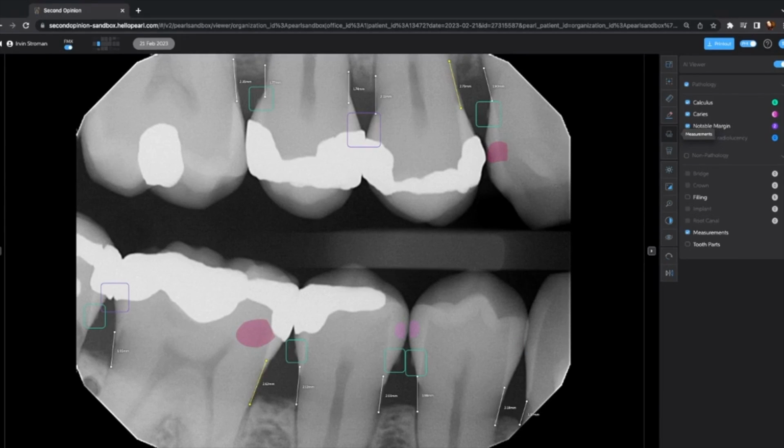Now let's talk case presentation. Of course, it's helpful to have these squares and different colors on the image, just as you can see here, to show the patient where their different pathologies are. But you have a couple different options here. You can hold down the space bar to review your image back to its original format. We can see all the different shades of gray, and you can use your expertise in reviewing the image this way.